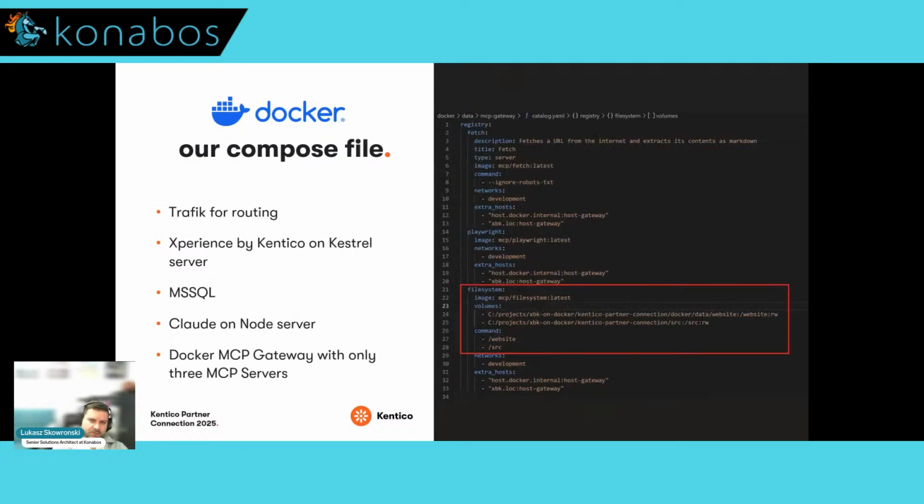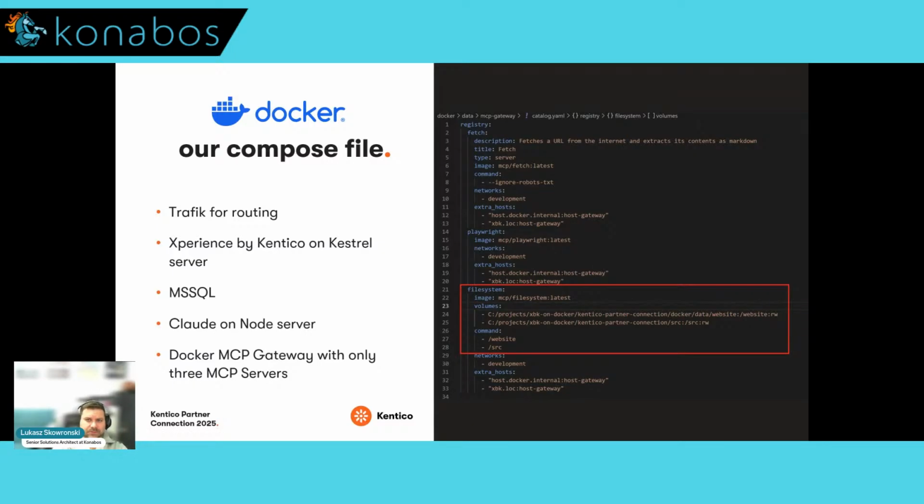Good. So our compose file consists of traffic routing, Experience by Kentico running on Kestrel server, a Docker image for SQL Server, Claude CLI running on the Node server, and the Docker MCP Gateway that I already mentioned on the previous slide. But for those MCP servers, we have a separate registry included in the previous file,